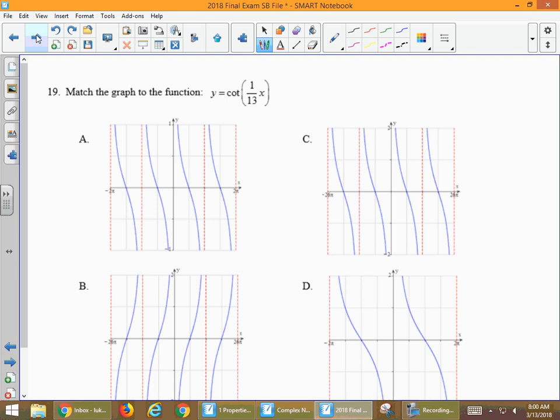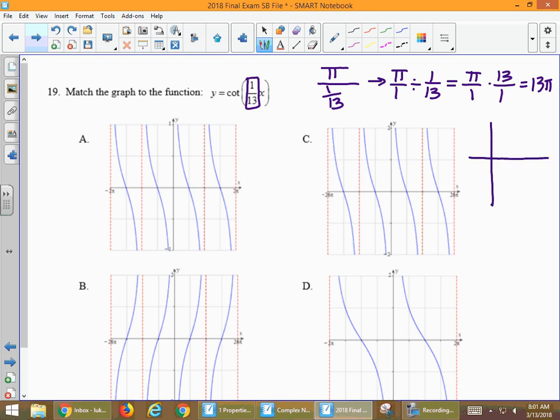So when you're trying to figure out what the period of your function is with a transformation, with cotangent, you're not going to do 2 pi divided by the number in front of x. You're going to do pi divided by your number in front of x. And so pi times 13. So if we're looking for a cotangent graph with a period of 13 pi,